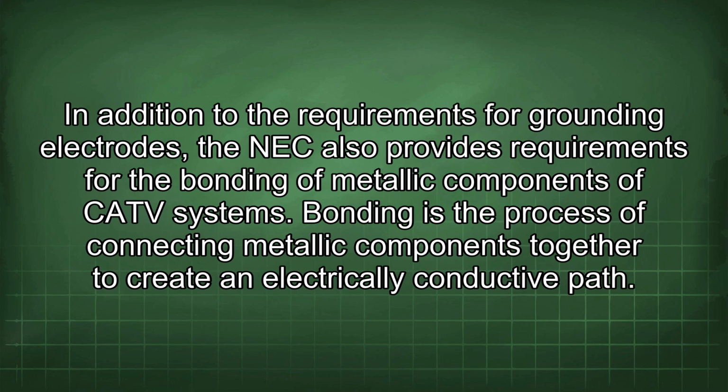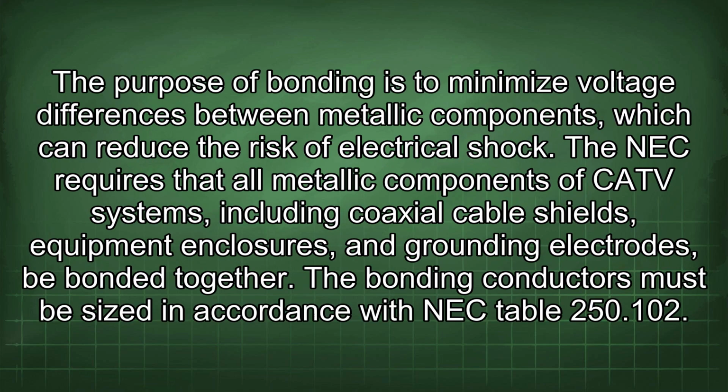In addition to the requirements for grounding electrodes, the NEC also provides requirements for the bonding of metallic components of CATV systems. Bonding is the process of connecting metallic components together to create an electrically conductive path. The purpose of bonding is to minimize voltage differences between metallic components, which can reduce the risk of electrical shock. The NEC requires that all metallic components of CATV systems, including coaxial cable shields, equipment enclosures, and grounding electrodes, be